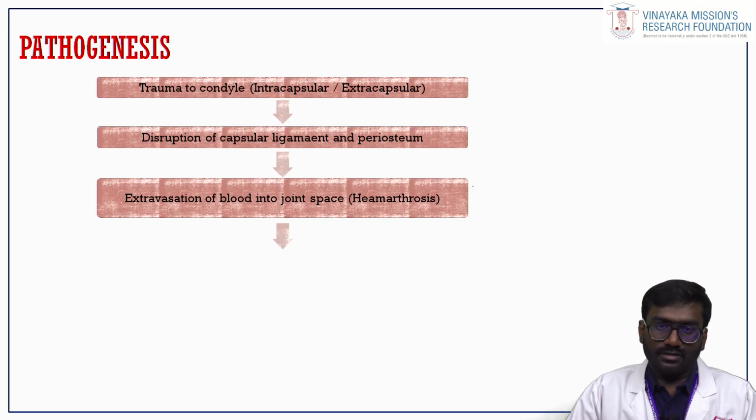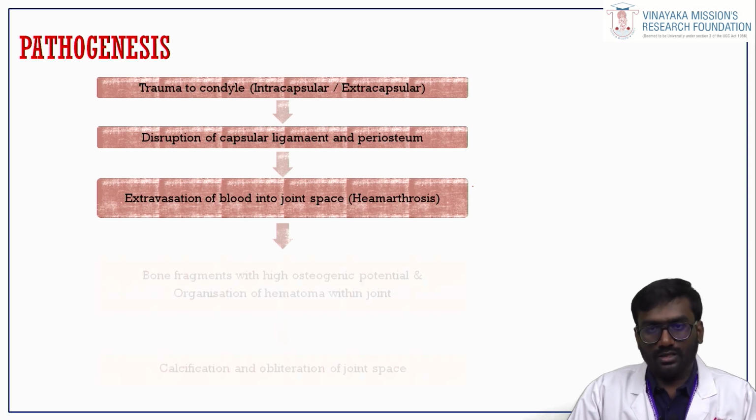As a result, the blood which is inside the marrow of the condyle extravasates, that means it comes outside into the joint space. Usually the blood is not present in the joint space. The joint is filled with a fluid called synovial fluid. Later, due to injury, this area is surrounded by blood, which results in a condition called hemarthrosis, that means